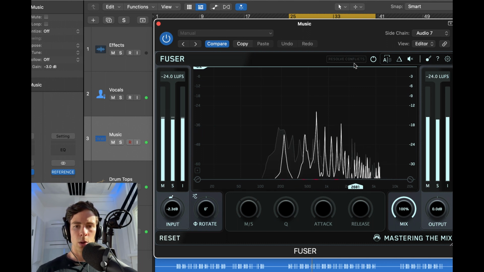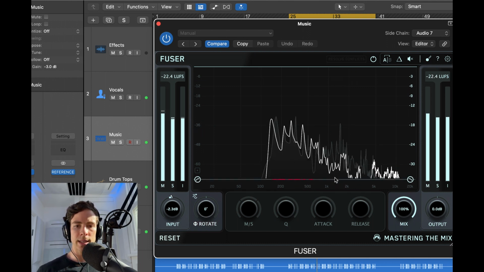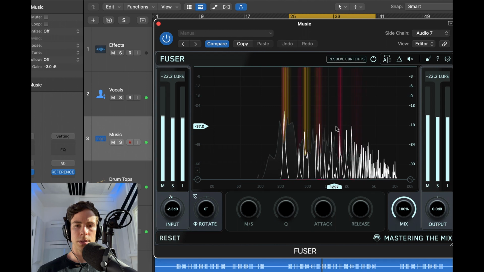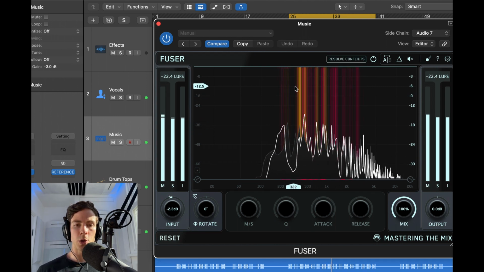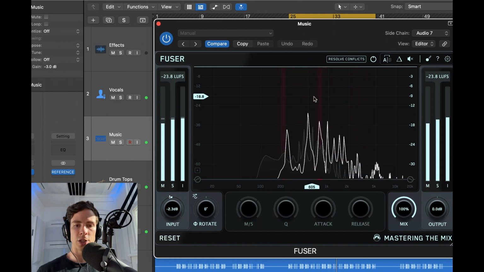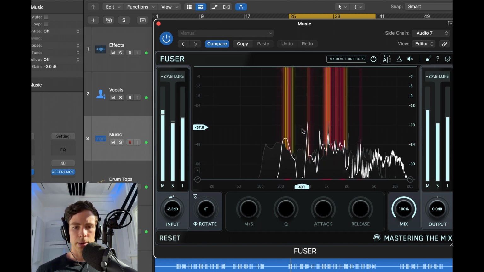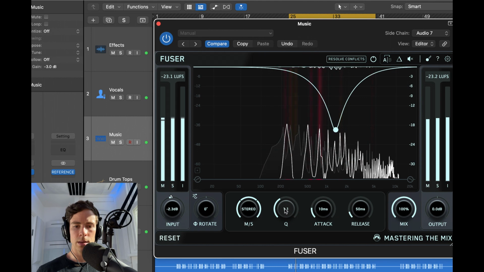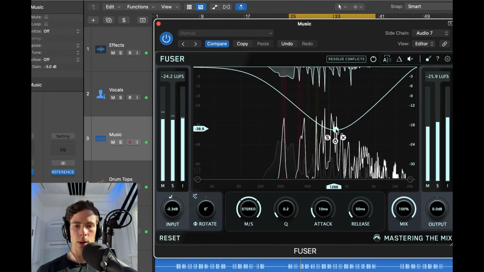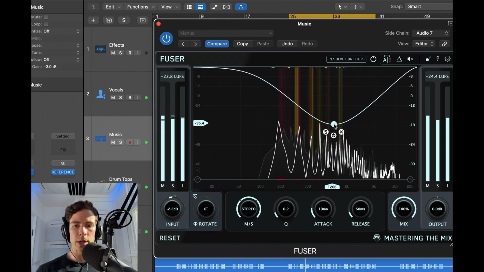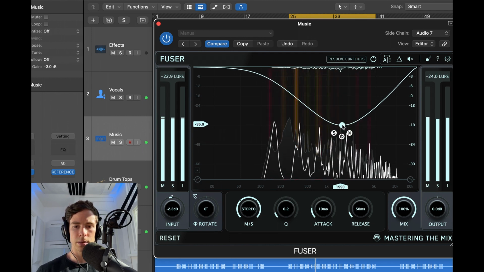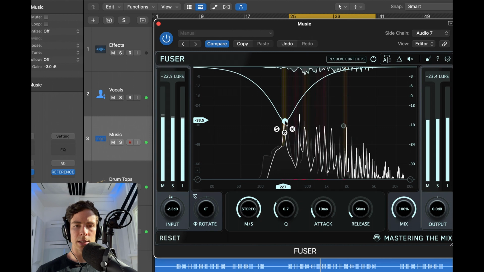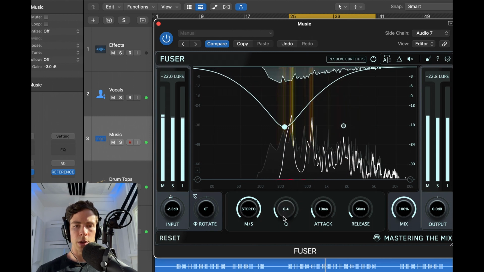And we'll allow the resolve conflicts to start doing some analysis. See how it goes. Okay, so we got some issues, some conflict both in the mid and the side channel. So I'm going to initiate a little node here, nice and broad, and I'm going to have it quite subtle. So the lower down I bring it, the more processing, because it's linked to the threshold on this side here. So I'm processing both mid and side here. Do a couple of nodes.